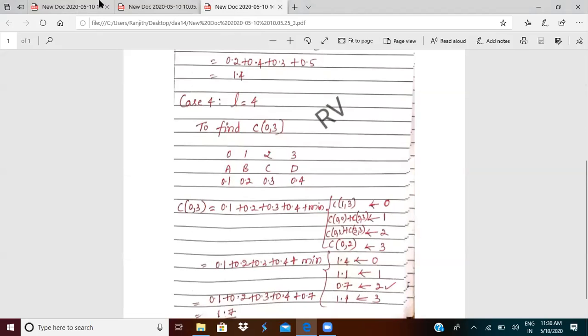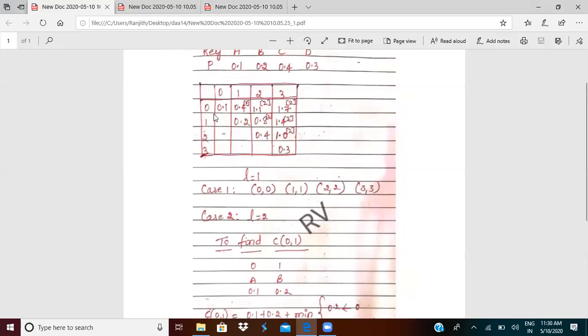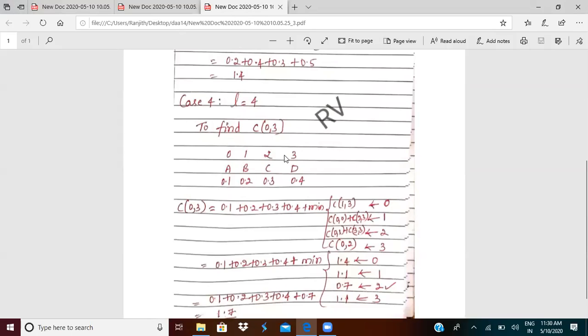So C of 0, 3. Now remember here, I have to find C of 0, 3. How do I find it? I'll write all 4 values, 0, 1, 2, 3, and I'll write the probabilities also, keys also. I'll write whatever probability values that have been given in the question. I'm going to write it as it is. Now I'll calculate C of 0, 3 is equal to 0.1 plus 0.2 plus 0.3 plus 0.4 plus minimum of,